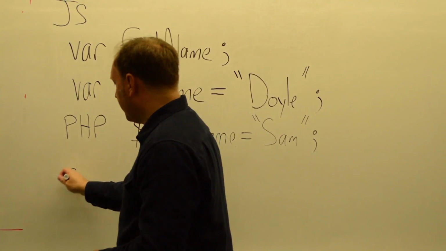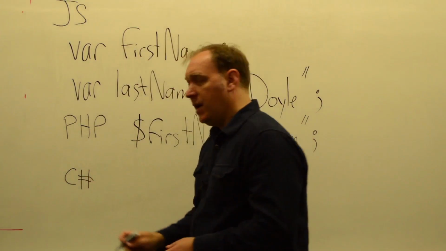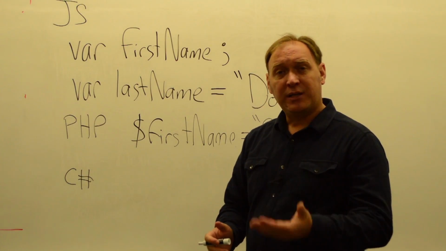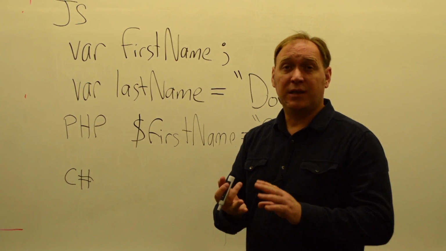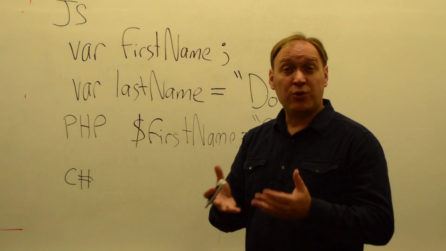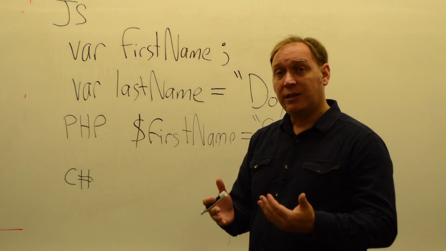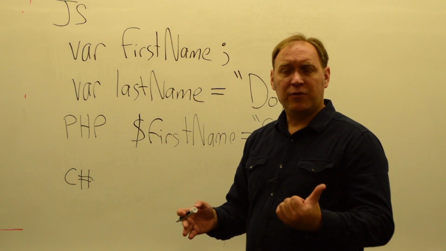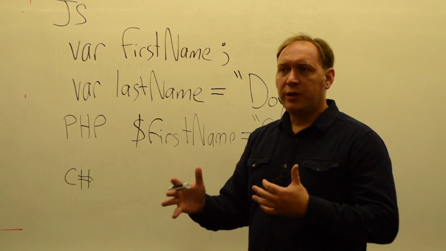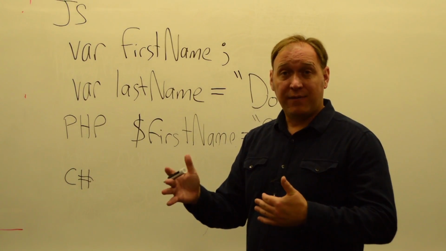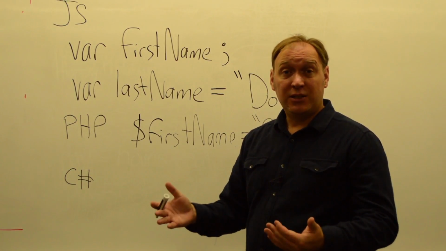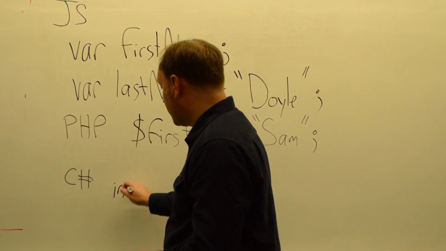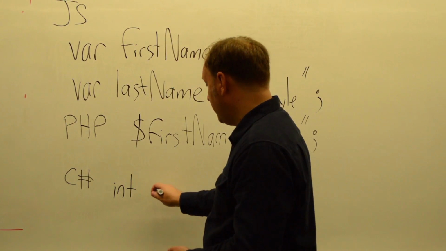Now, C# is a little more demanding. It wants to know the type of data you're going to store in that box. So by type of data, I mean, is it a word? Is it a number? Is it a decimal? Is it a true or false value? So you need to declare that when you declare the variable. So in the previous example, we had the rate of pay and the hours. So if you're only allowed to work full hours and not a half hour, quarter hour, that would be an integer. So in C# we would say int, short for integer, int